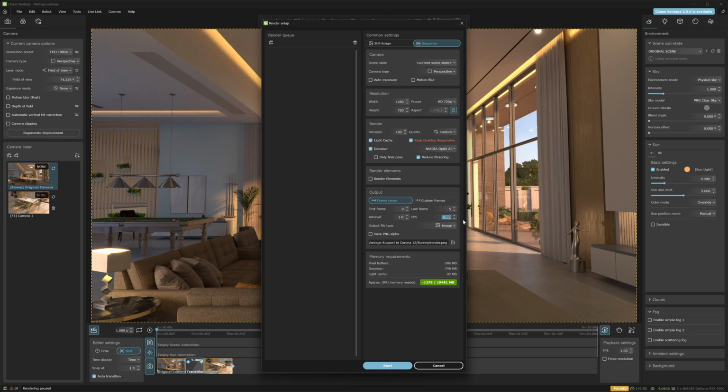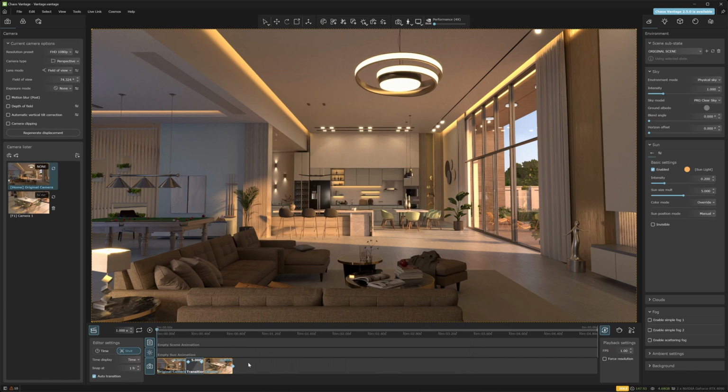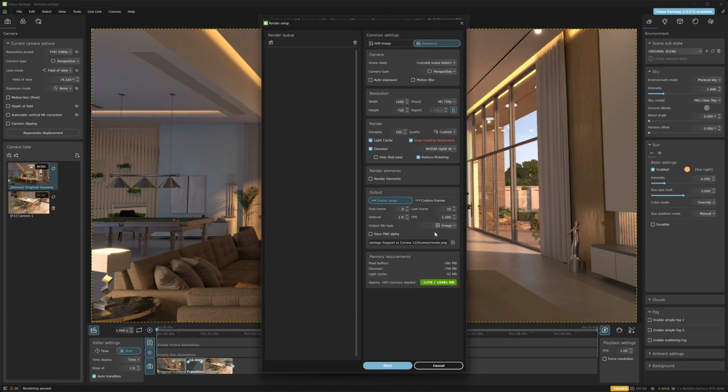If I set my FPS number to 30, for example, you're going to see that the last frame will be automatically set to 150. That makes sense because we have 30 frames per second and the actual animation is 5 seconds long, which is 150 frames. Now, if we go back and set the duration to something like 10 seconds, hit OK, and go back to the render menu,